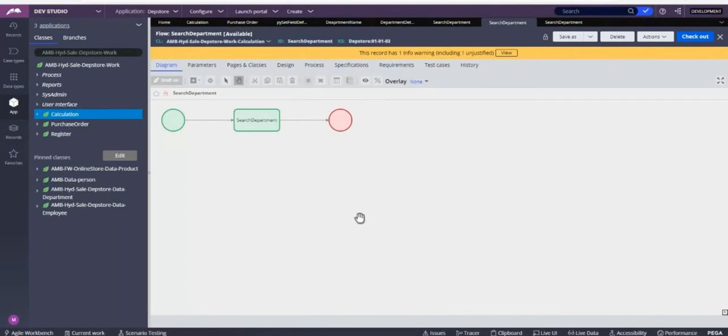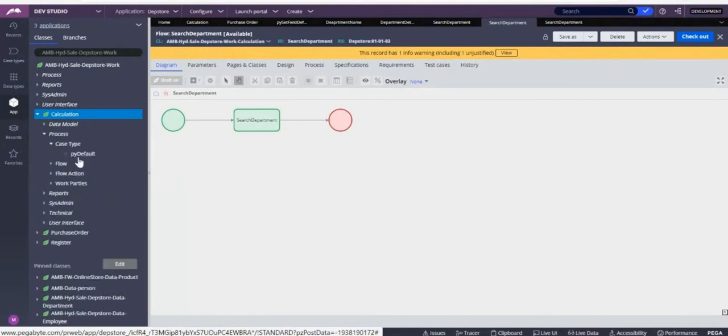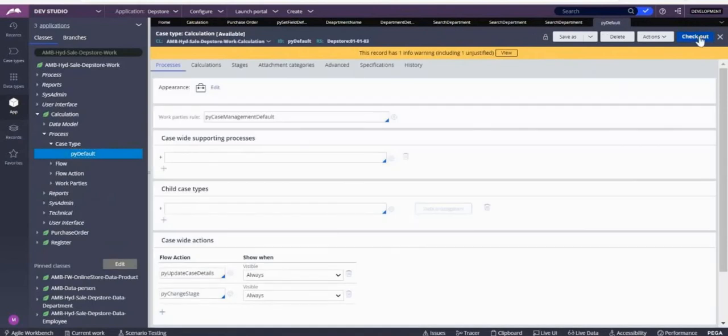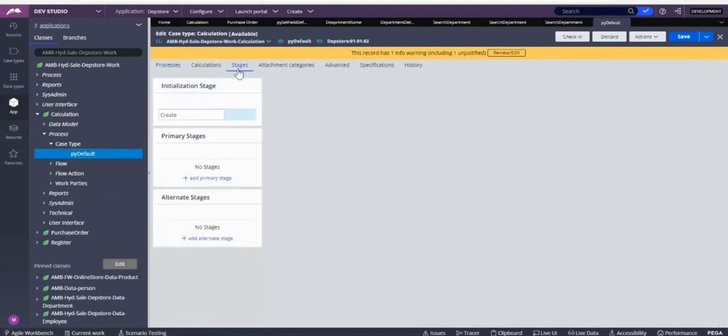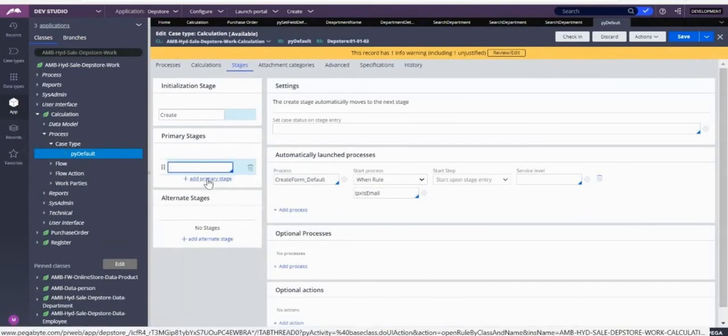So I will go to this calculation process case type, open py default, check out. I'll go to stage. Here I will add another stage. My stage name is search department.